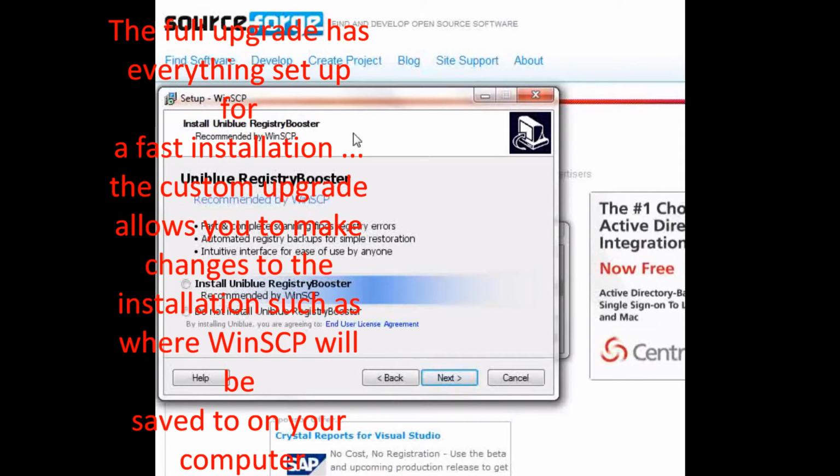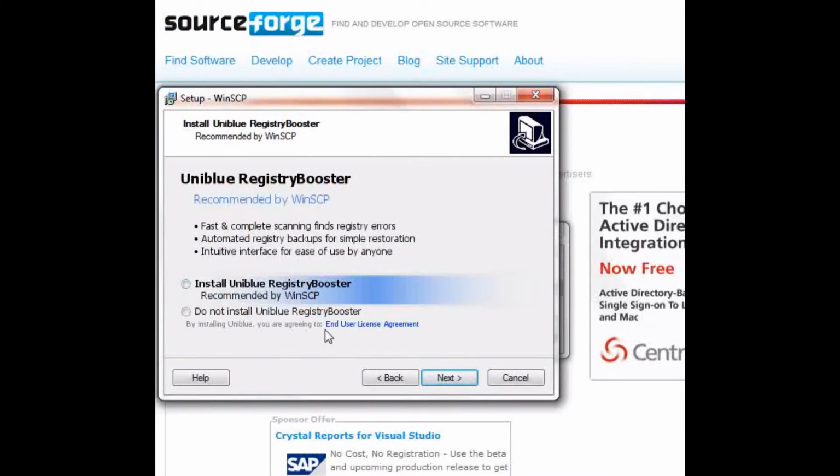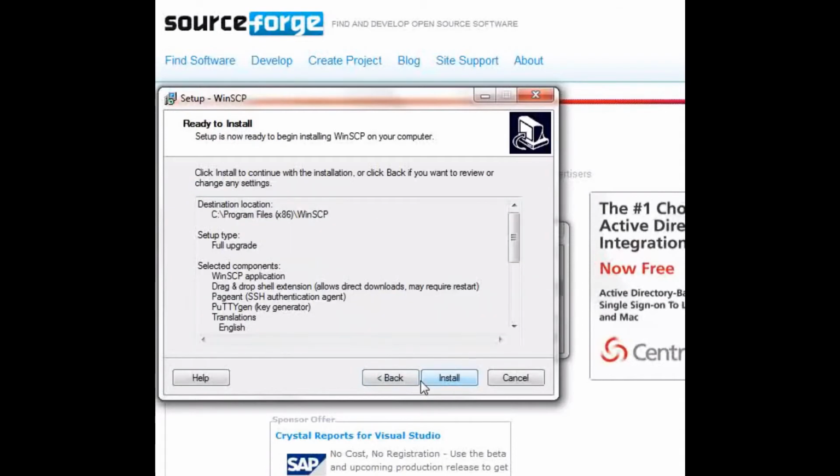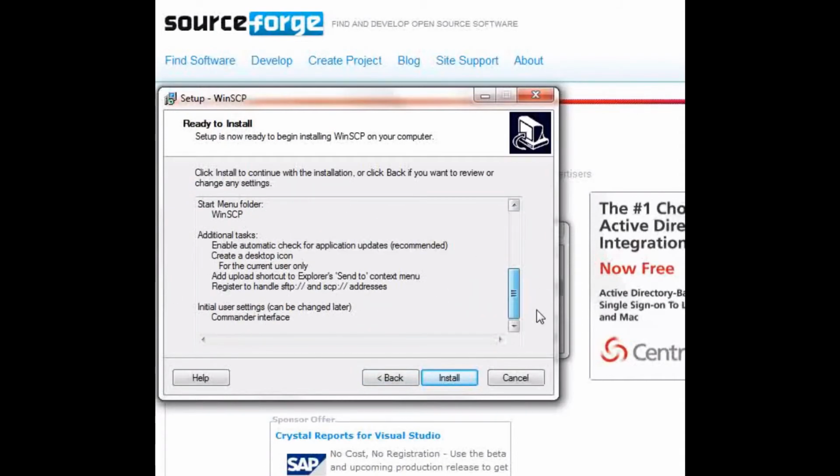And then you can also install UniBlue Registry Booster, which is recommended by them. You don't have to if you don't want to, but make sure if you do, you can read the license agreement. Just click on it, read it if you want. Don't have to if you don't want to. But I'm gonna go ahead and click Install, and then hit Next, and then it'll take you to a page